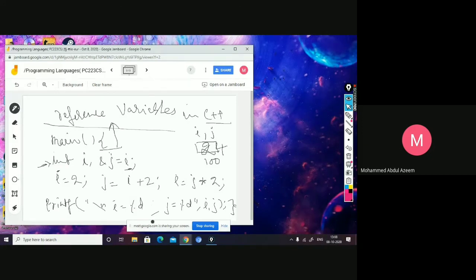The next statement is I equal to J into 2. What is J? J is again 4, because the same memory is being referred to by J. So 4 into 2 is going to be 8, and 8 is going to be placed in I, which means the same memory, where you get